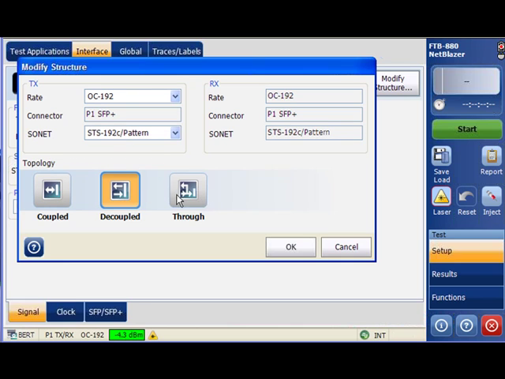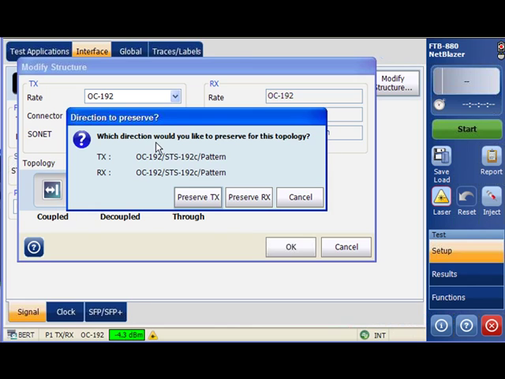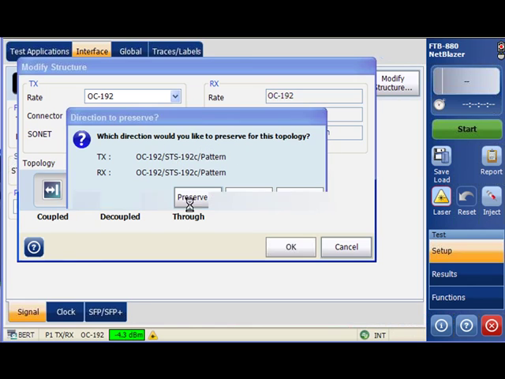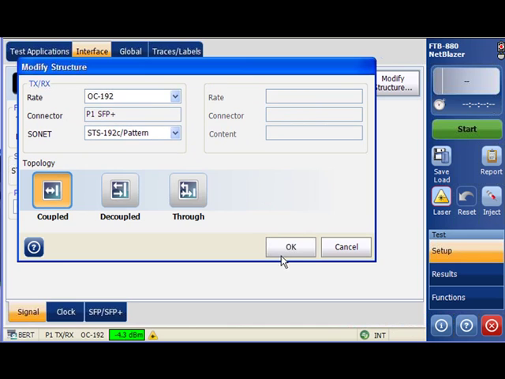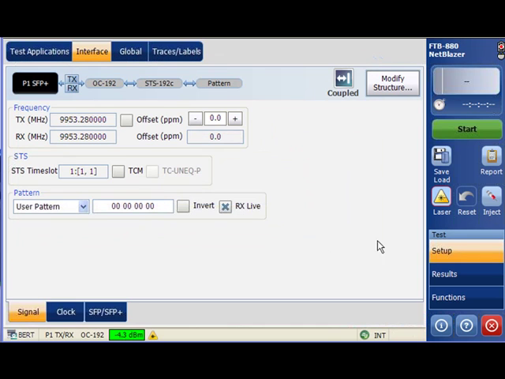When going from any of the other topologies to coupled, the system will prompt you to choose which direction you want to preserve. We're going to preserve the TX and click OK to validate. We can verify the signal structure and make sure that it is the one we want to use for the test. We have the connector,